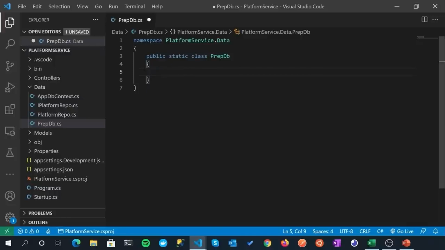And this class is going to have two methods, one public and one private. The public method is going to set up a database context for us that we can use. Now, this isn't a constructor, this is just a public method. So you might be going, wait a minute, got a couple of questions here. Why aren't we using constructor dependency injection? Great question. Well, we can't because it's a static class, so we can't use constructor dependency injection.